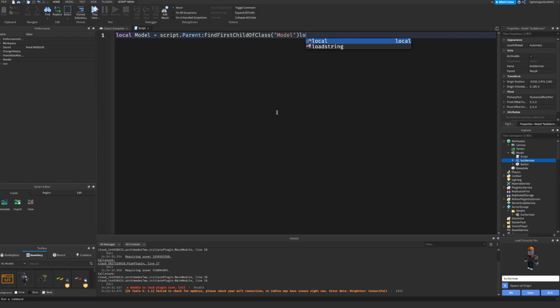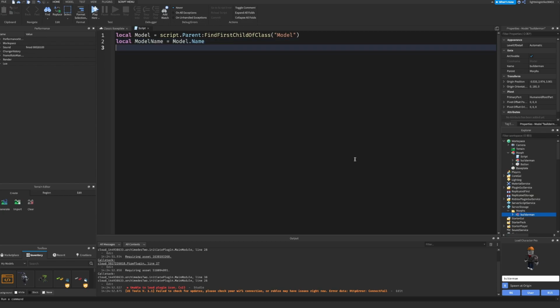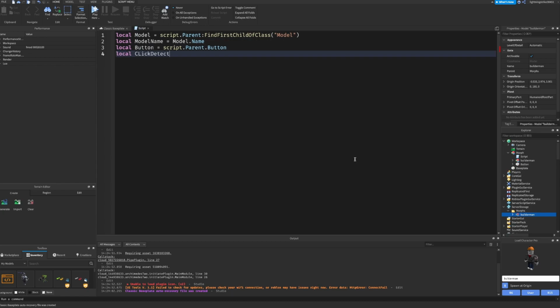And then we're gonna get the name of the morph. Local modelName equals model.Name, right? Model name equals model.Name. So we're going to use this name to get the actual model that we're going to clone inside of ServerStorage, and that's why we're getting it right now. So next, we're just going to define the button equals script.Parent.Button, and local clickDetector equals